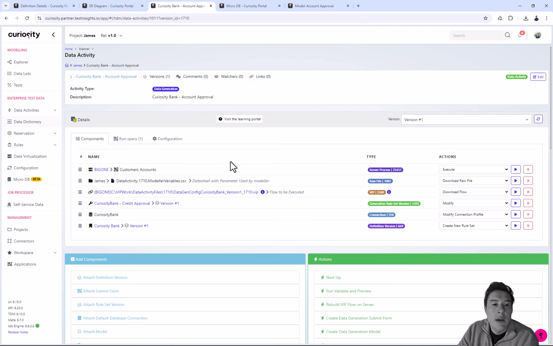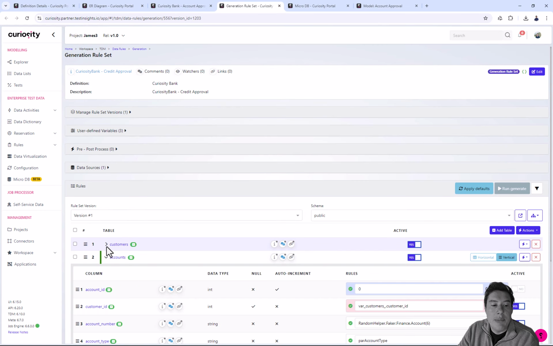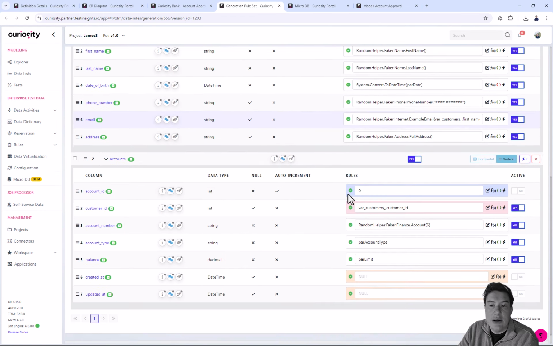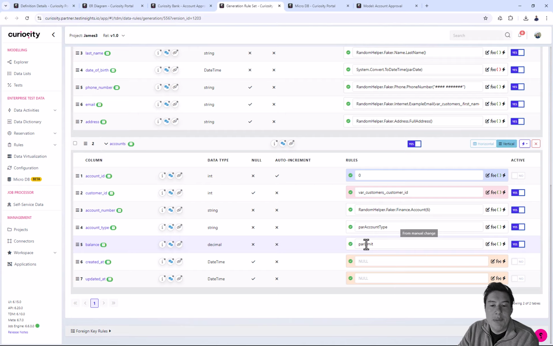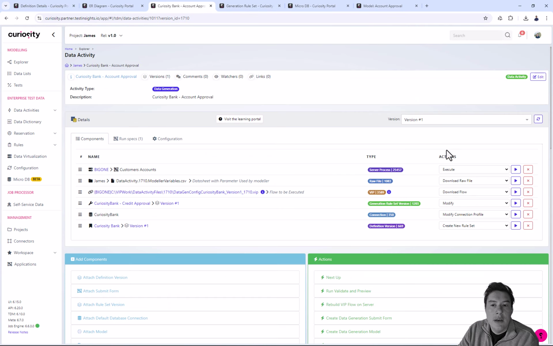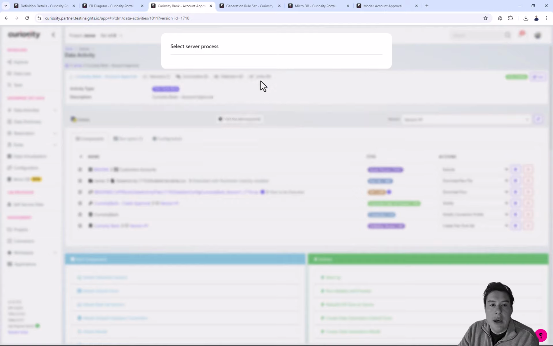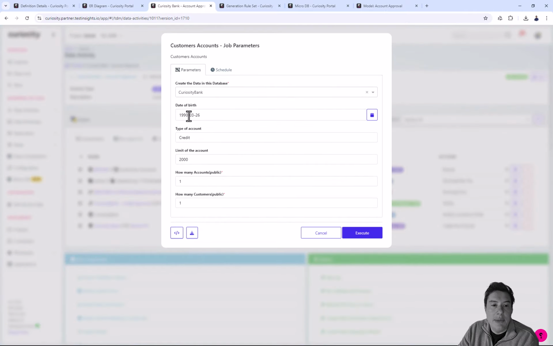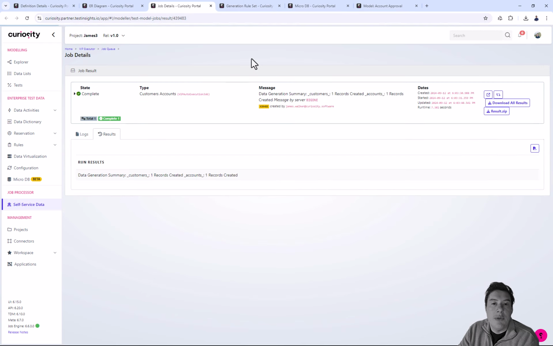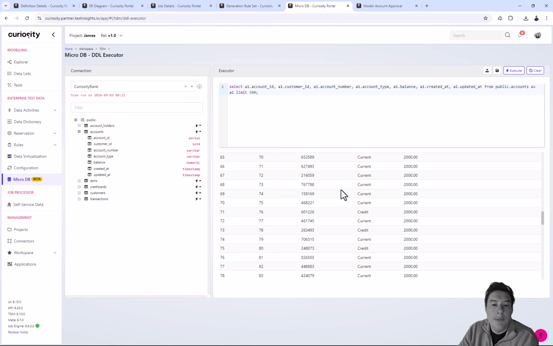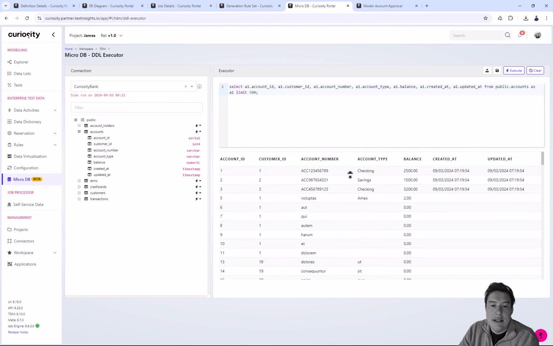transactions as well. And what we've done is we've set up a data activity which has various rules and parameters assigned to the customers and accounts table. And we'll see in here we've got different data generation functions along with some parameterized types here. Now, from an initial perspective, we can come in and we can generate flat data into the database. So we've got 3 fields parameterized, a date of birth, a type of account, and a limit on the account. We can come off and we can hit execute. We could add different parameters in here, but this has created one row, and this has populated our data inside